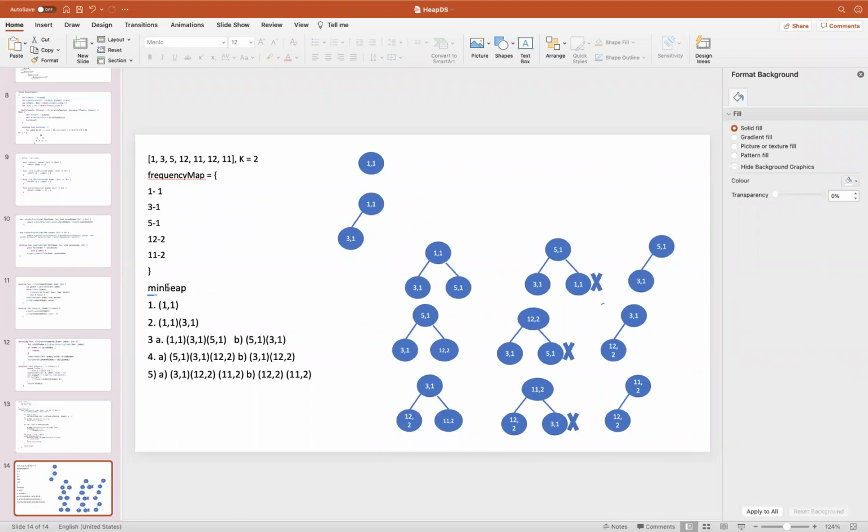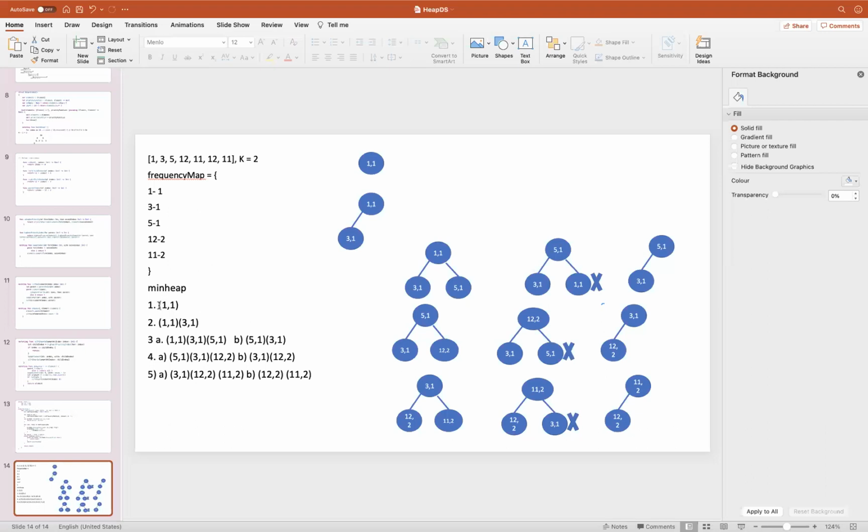See here, the case is, whenever I'm getting a lower frequency, then if I build a min heap and my new entry has even lower frequency than the top of the min heap, there is no point in adding that into the min heap itself. I can simply ignore that. That way I can solve this problem more efficiently. Let's see how this will work.